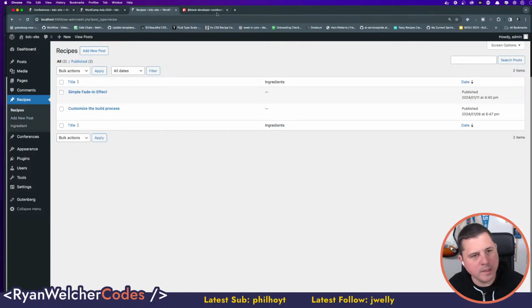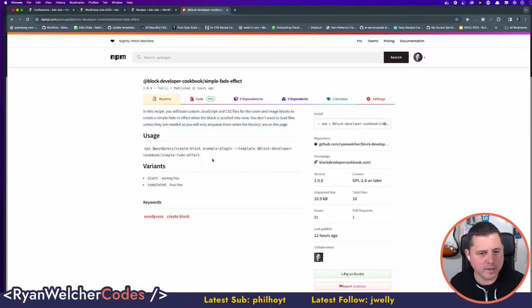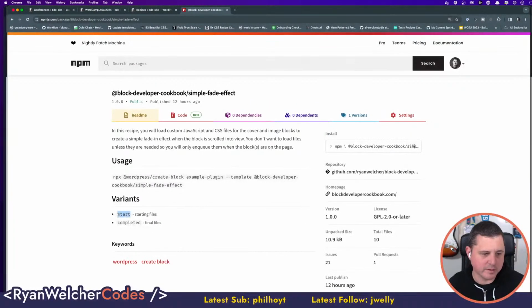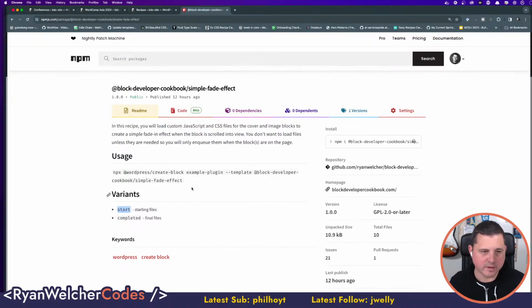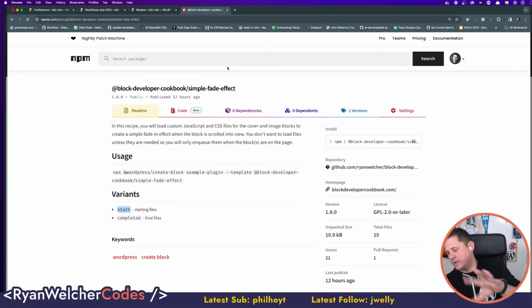So anyways, the idea here is that you can actually use these, and it'll build out templates for you, like blocks. In this particular case there are two variants: a start variant and a completed variant. That's your starter files, and inside the readme for this generated plugin, it has the steps to finish this, and that's kind of how we'll be doing this in the actual